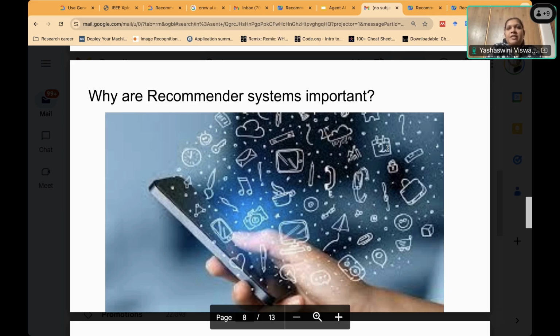Third, recommender systems capture the trends that are there and try to recommend what is trending. So can anybody give me an example of a trend? I'll give a clue, like a holiday trend.